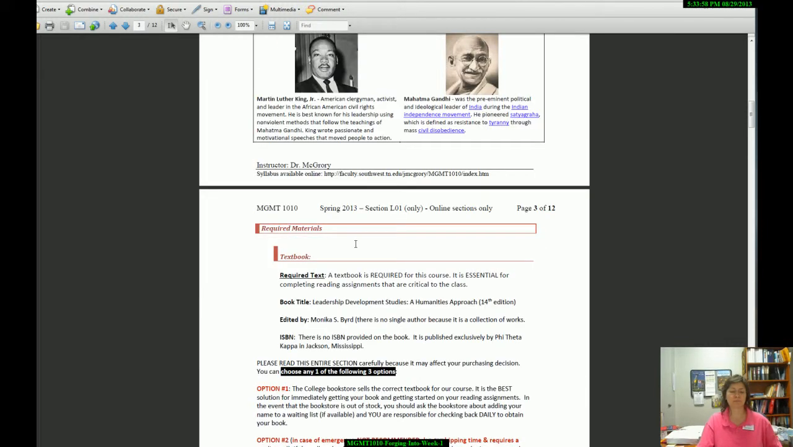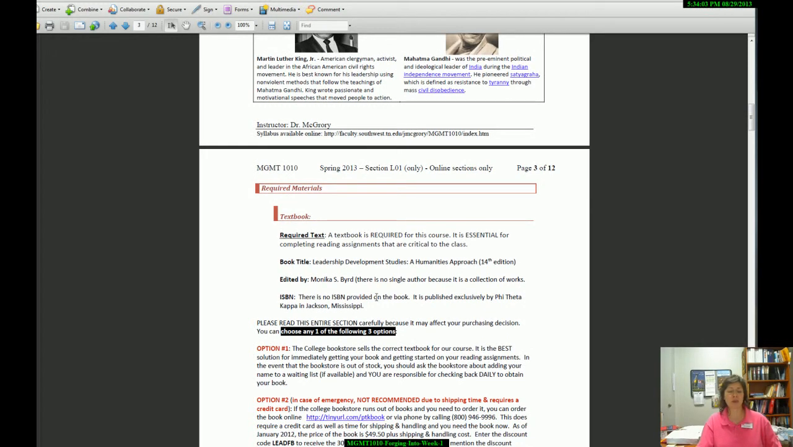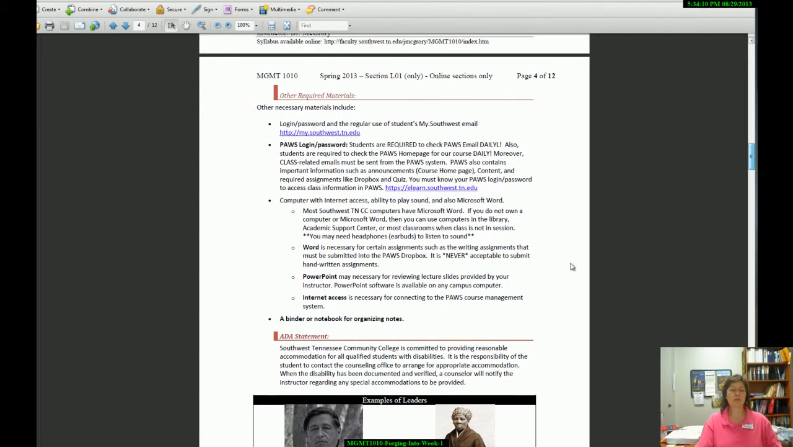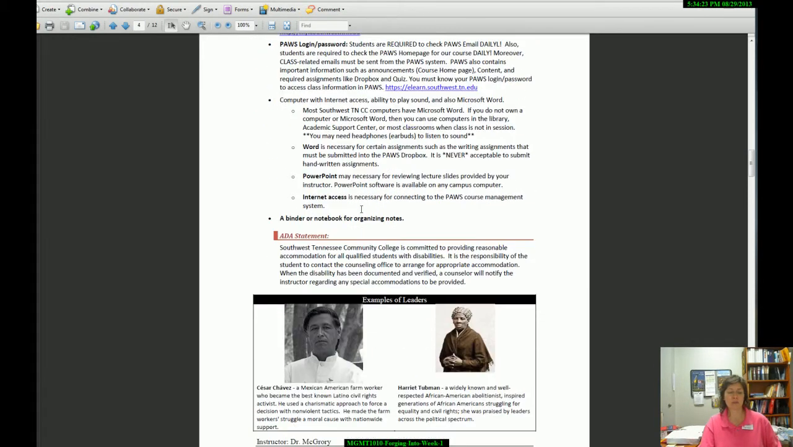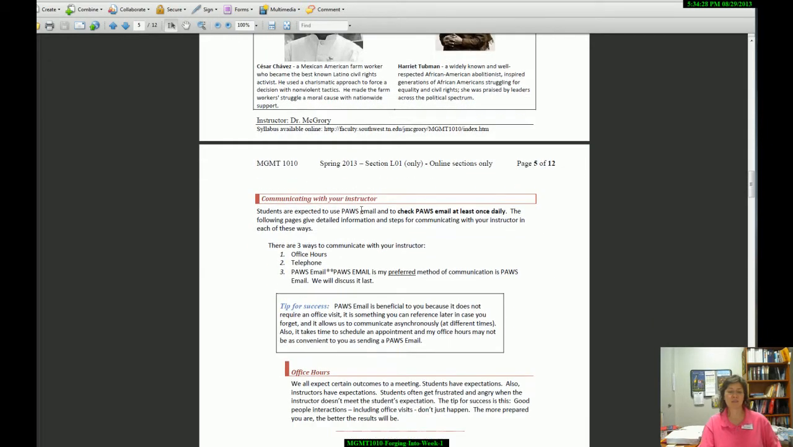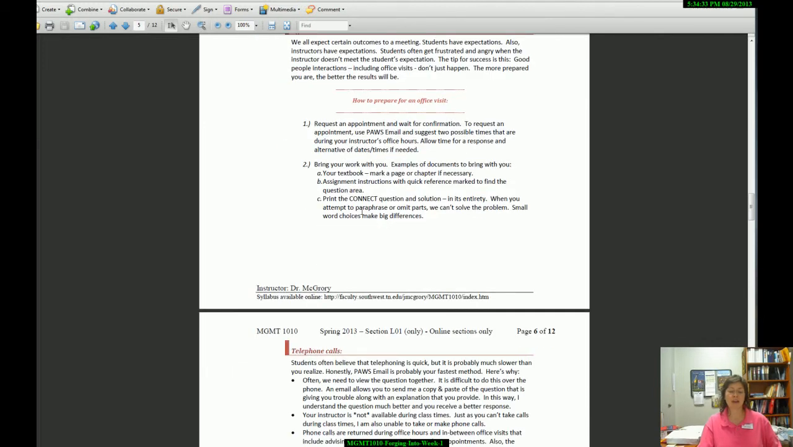Now, I do have the required textbook here, and all the information, hopefully, that you need to get that. You can get it from the bookstore, right? Let's see, and other materials that you will need. You will need a word processor so that you can submit that. Microsoft Word is commonly available here at the college. So make sure you look at the other required material. Here's some more of our leaders that we're going to study. All right. Okay. Now, then I get into kind of communicating with the instructor, and that is really important in